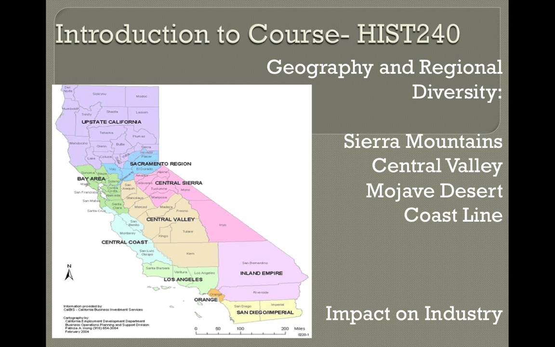California is unique in that the Pacific Ocean on the west, the Mojave Desert to its south, and the Sierra Mountains on its eastern border kept this area relatively isolated for thousands of years. Thus, major developments such as European contact will not occur in California until the late 1700s, as compared to South America being colonized in the 1500s and the eastern seaboard being colonized and settled in the early 1600s.